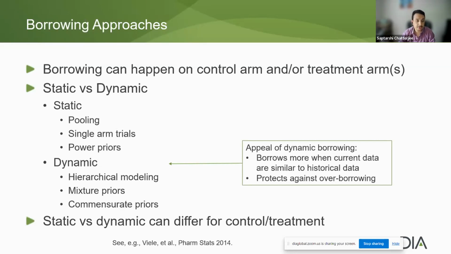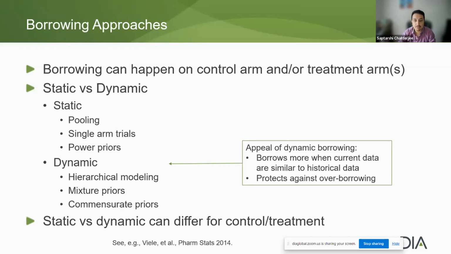it is going to do, whether it's going to be full borrowing, such as pooling, or like it's done in the power prior. It can be pre-specified how much of the information that we'd like to share or borrow. But some of the methods could be dynamic, such as the Bayesian hierarchical model, or the mixture prior, or the commensurate prior. Now, the big advantage of doing a dynamic borrowing is